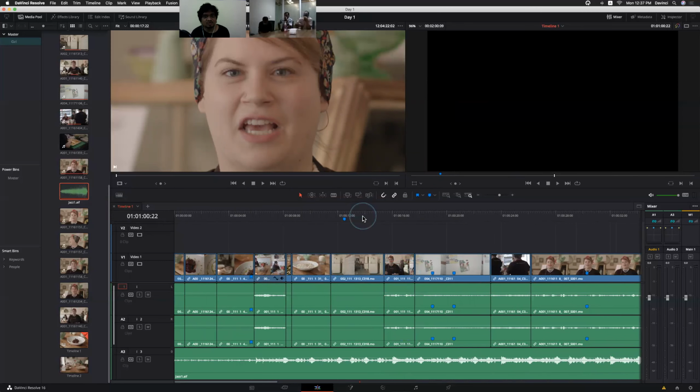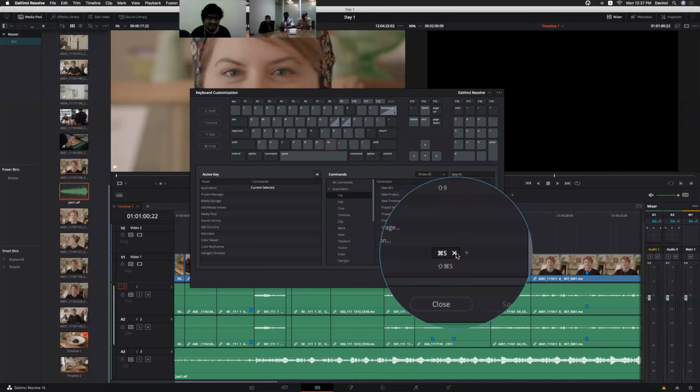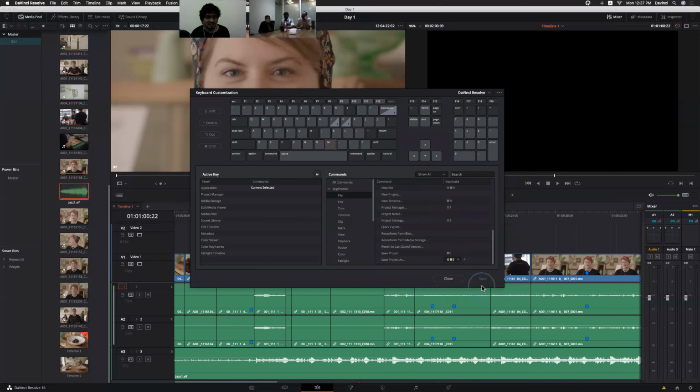Anyway, I will share those shortcuts also, like a PDF file. If you want to change, maybe we can even customize the entire keyboard itself. Simply click and make changes to that keyboard, and you can save it as a new keyboard layout. Same as any other application.